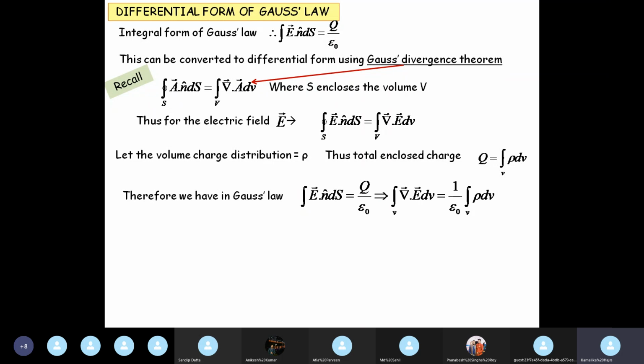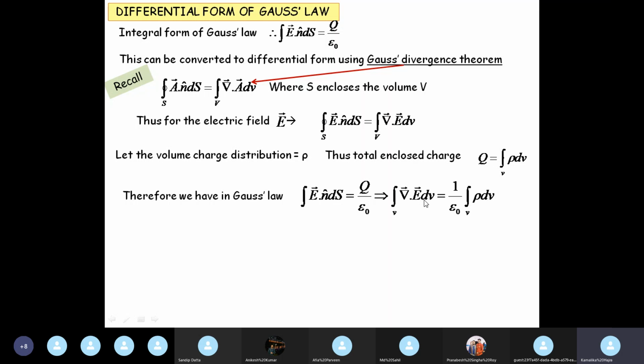This is the integral form of Gauss's law. So here we can write the closed surface integral of E dot n cap dS equal to Q by epsilon naught. In place of E dot n cap dS over here, since we are considering a closed surface, I use the divergence theorem and I write the integral of divergence E dV. So in place of the surface integral of E dot n cap dS, I am writing the volume integral of divergence E dV,